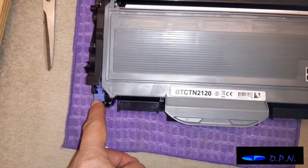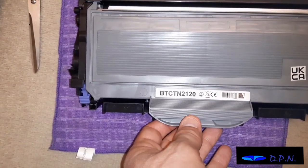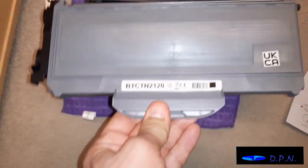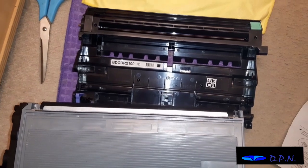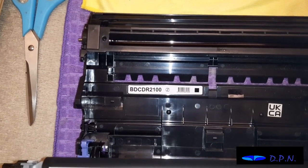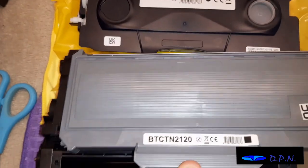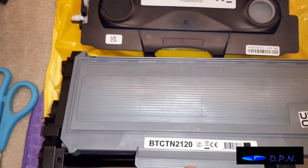So to remove this cartridge, all you need to do is gently remove it, making sure you push that little lever down. I couldn't remember whether that was up or down, but it is down, and that lets you remove the cartridge out of the drum. There is the code for the drum if ever you need to change the drum on this particular printer. And if we check the codes, BTC,